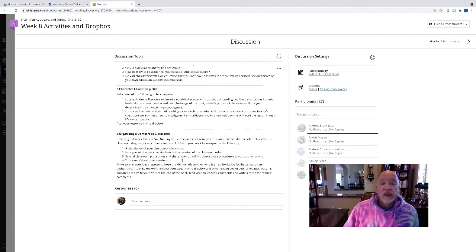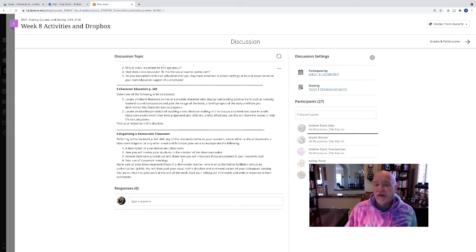And last but not least, for your independent activities, you're going to organize a democratic classroom. So take a look at the textbook on pages 342 through 348, or any of the resources below, or your research. Create either a virtual classroom, a classroom diagram, or any other visual, and link or label your work to incorporate the following: a little description of your democratic classroom, how you involve your students in the creation of classroom rules, several classroom procedures, and share how you will introduce those procedures to your students, and your use of classroom